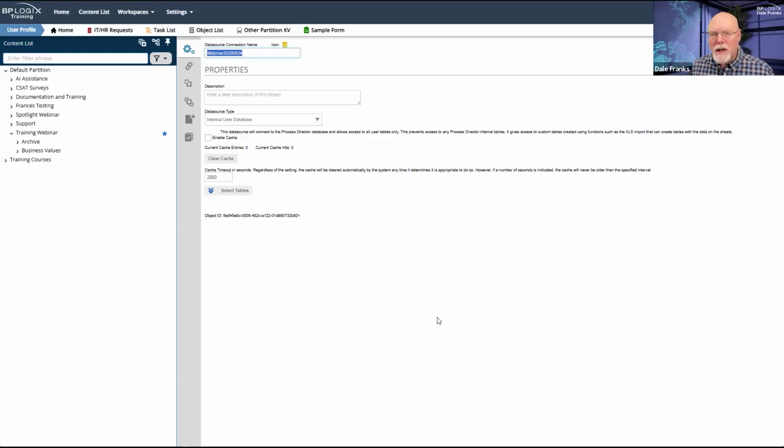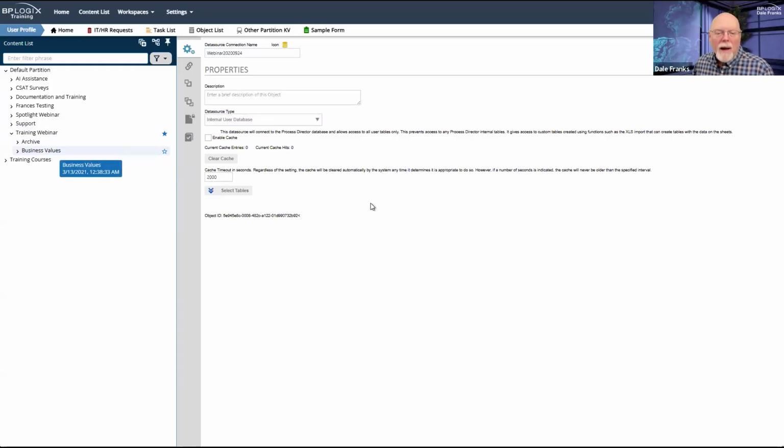Now, whenever you use an Excel file and that Excel file imports into the internal user database, that's a SQL Server database. You now have direct access to all of that data via SQL Server, which is why we're using a SQL business value to pull that data, because it is actually SQL data once you pull it. The nice thing about the Excel data is that once you have the data in Excel, you can always just check out the Excel file, edit it, and check it back in.